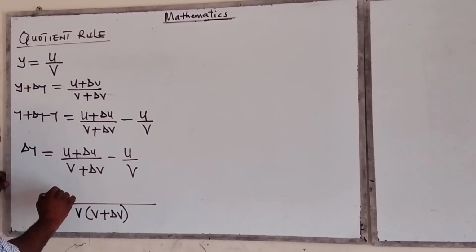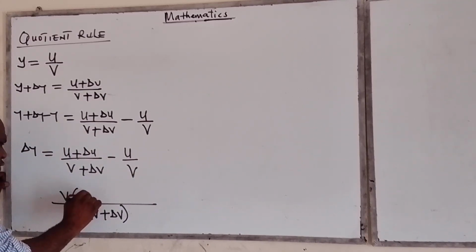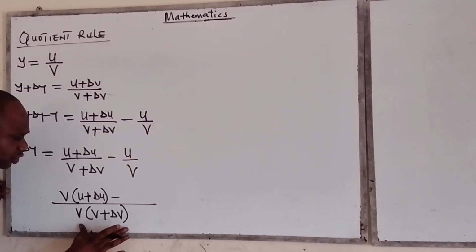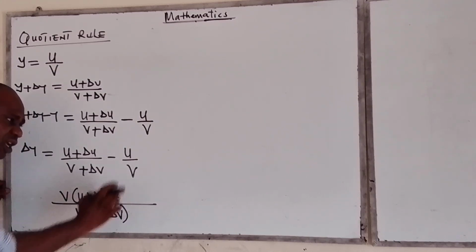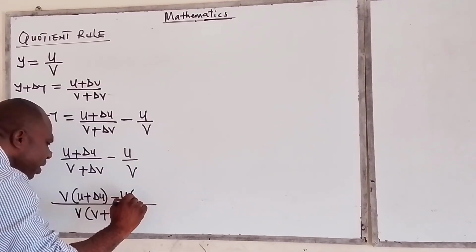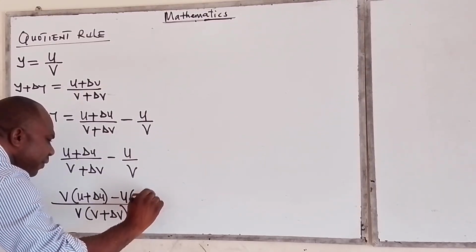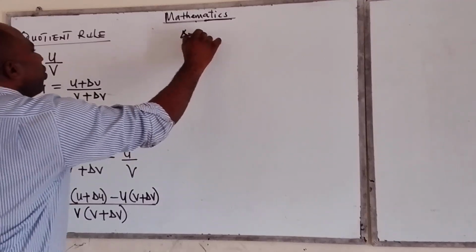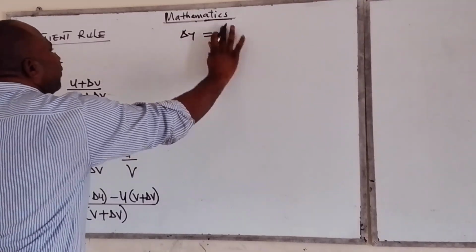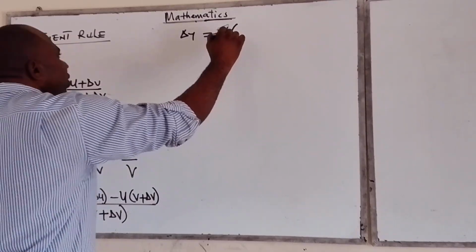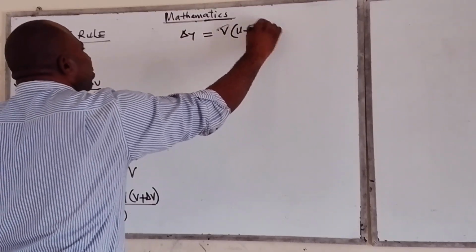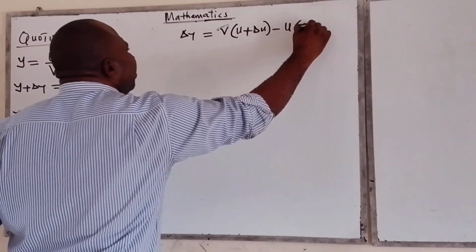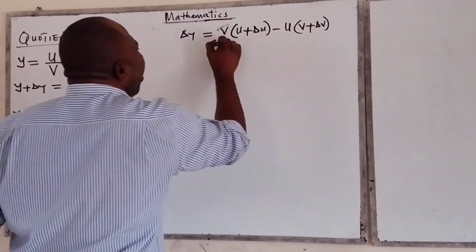And v times u plus delta u will be v in bracket u plus delta u, minus v into this will give us this. That's v plus delta v times u. We have u in bracket v plus delta v. So it therefore means that delta y will be equal to v in brackets u plus delta u minus u in brackets v plus delta v all over